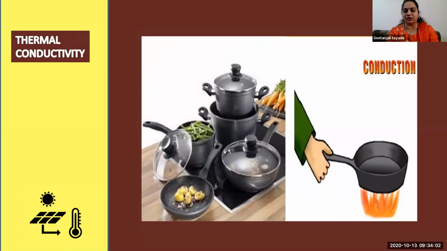Now the thermal conductivity. See, all pans are made up of aluminium, steel, iron, so these metals are what? Thermal conductive also. Thermal conductive means they can heat up. When we keep them on a gas stove, they can equally supply the heat. Yes or no? So we are using utensils of metal, aluminium, steel. Are we using a plastic bowl for cooking purposes?